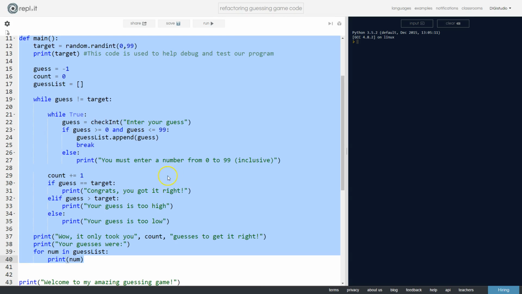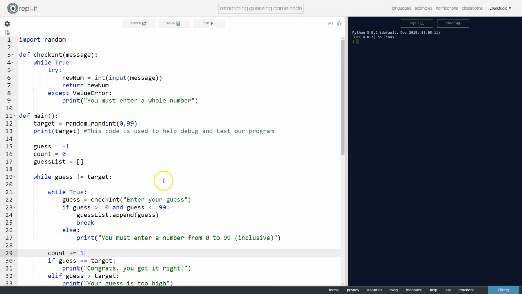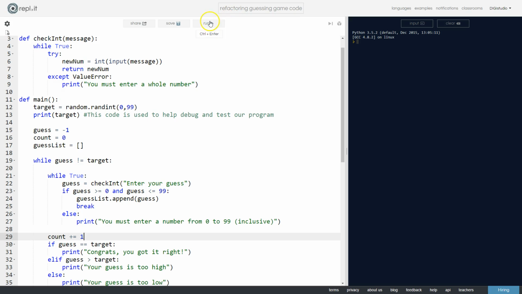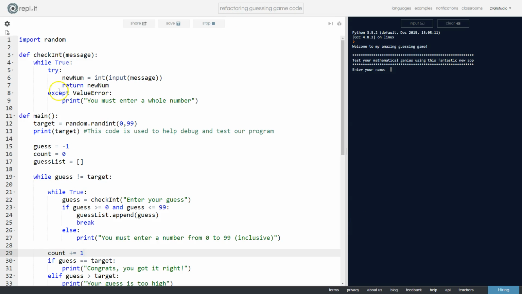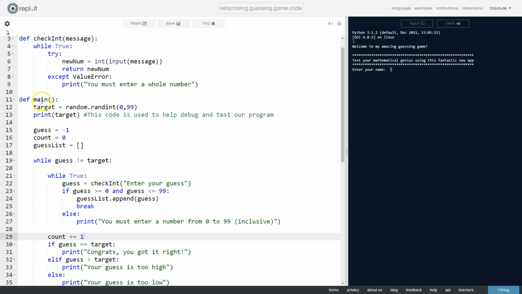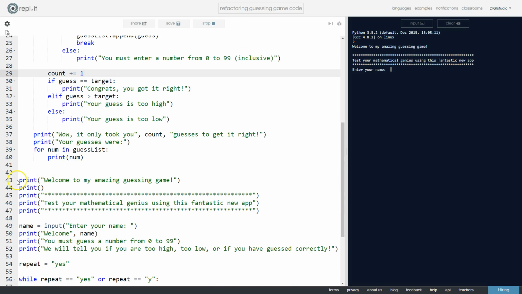So now let's see what happens if we actually run our code. We've still got all the same code, it's just in a different place. It's now become part of this function, so let's run it. So first thing, this function is read in, but we don't execute this code. This function, the main one, is also read in, but we don't execute any of that code. So the first thing that's going to happen is this block of code here, which prints our welcome statements. So we enter our name,